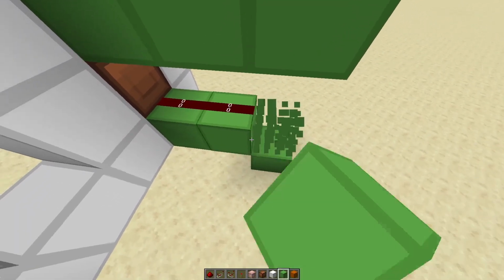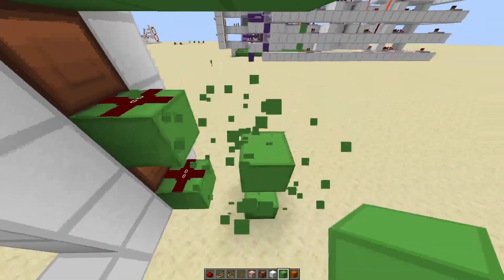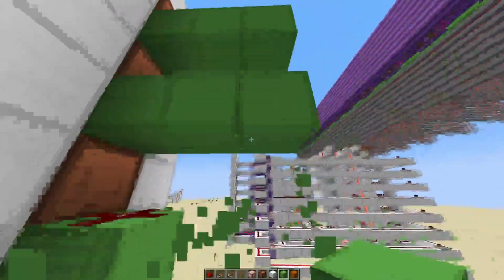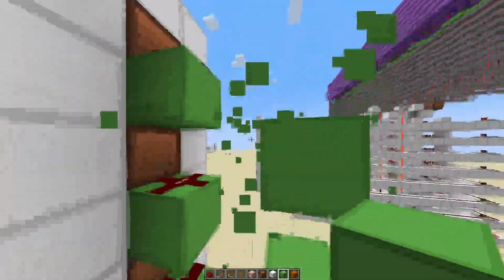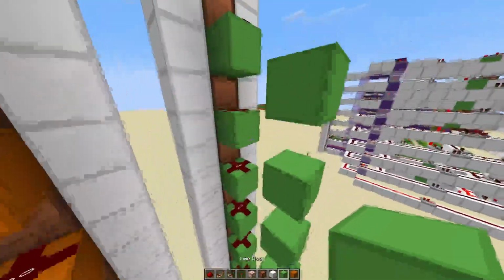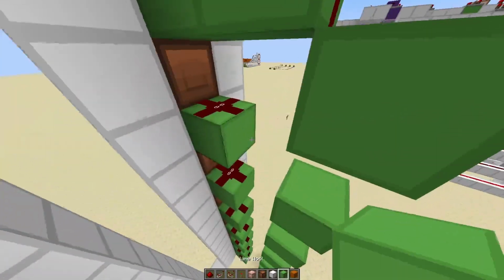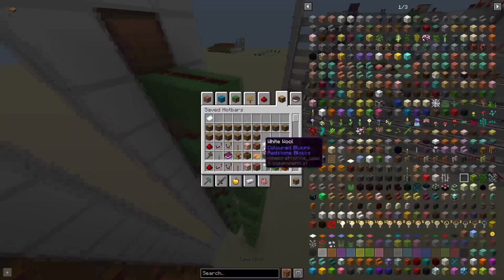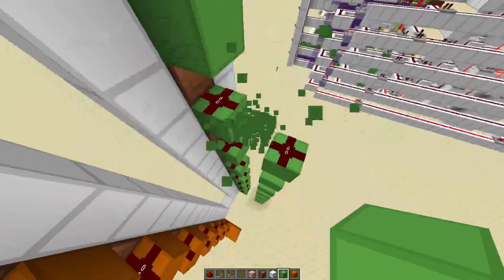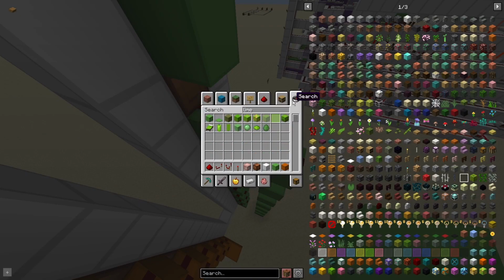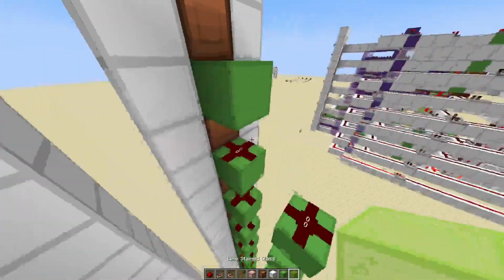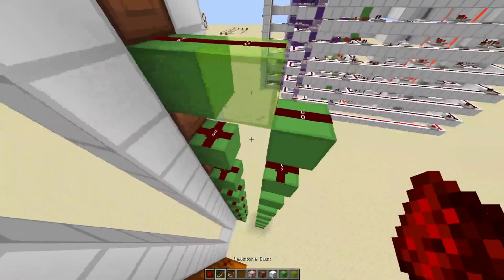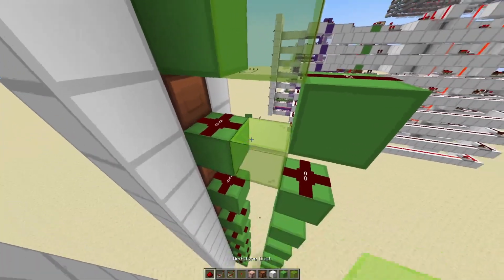So the way we do that is actually quite interesting. Because we can't just move it down normally. And the reason for that is if I do try to do that, then sure, here it works, but then for this one it won't, because this one doesn't connect, because this block is stopping that from happening. So instead, what I'm going to do is I'm going to grab some lime glass, and we're going to place that there, and then place that there, because now, if we do this,